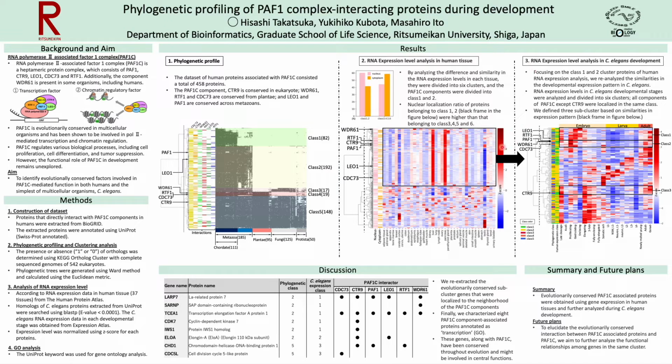Next, focusing on the class 1 and 2 cluster proteins of the human RNA expression analysis, we reanalyzed the similarities in the developmental expression patterns in C. elegans development. RNA expression levels in C. elegans developmental stages were analyzed and divided into 6 clusters. All components of PAF1C except CTR9 were localized in the same class. We defined 3 subclusters based on similarities in expression patterns,